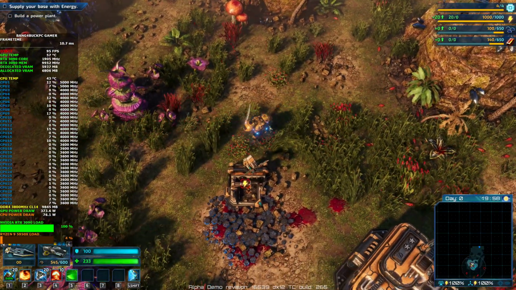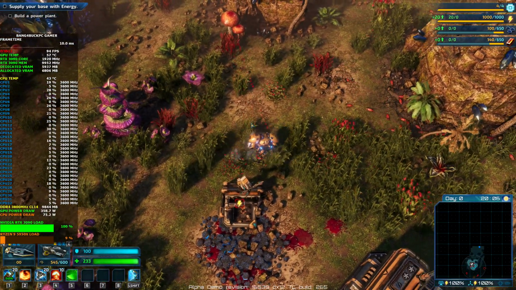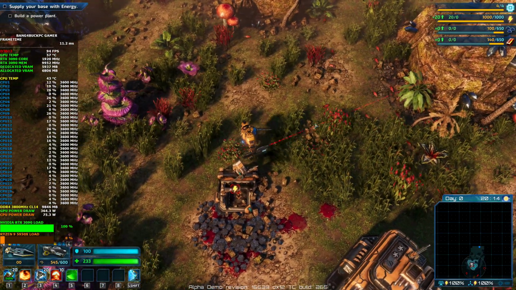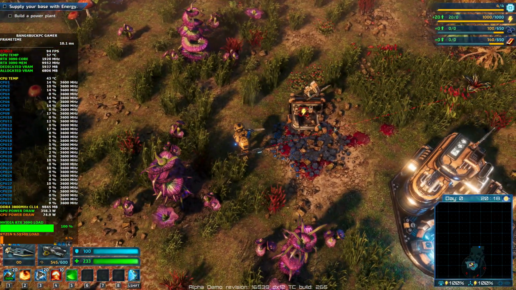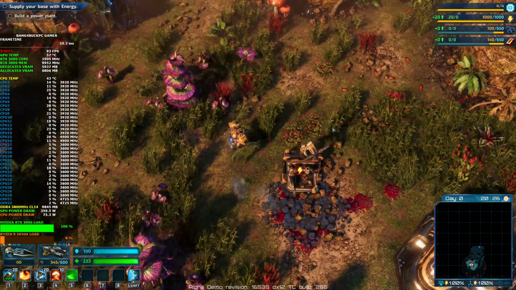So you use the mouse to spin around the mech and then WASD to move left, right, up and down. It's a bit awkward sometimes to spin the mech in the right place. You have to kind of fiddle with it. That's my only criticism about the handling. But apart from that, it's pretty good. Anyway, I'm going to build a...